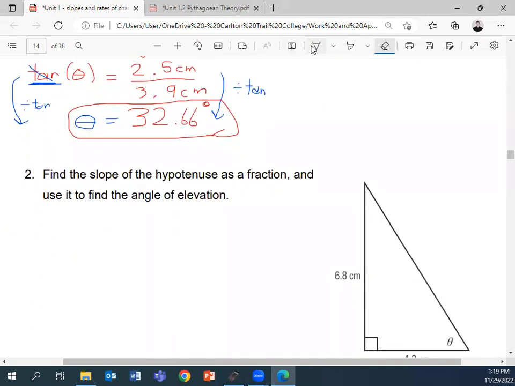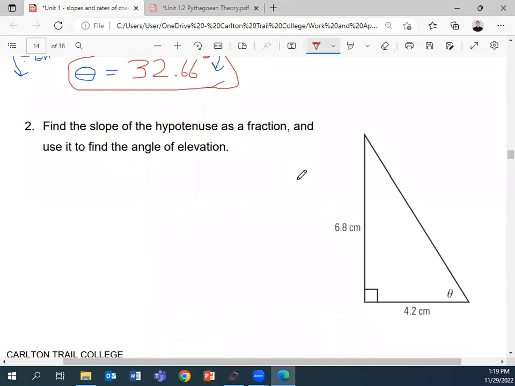Okay, so let's do question 2 here together. What most people are going to think about doing here is, oh, okay, I need to find the hypotenuse, right? It says hypotenuse. I need to do Pythagoras theorem. No. Read the question very carefully. It wants you to use the slope of the hypotenuse of this line